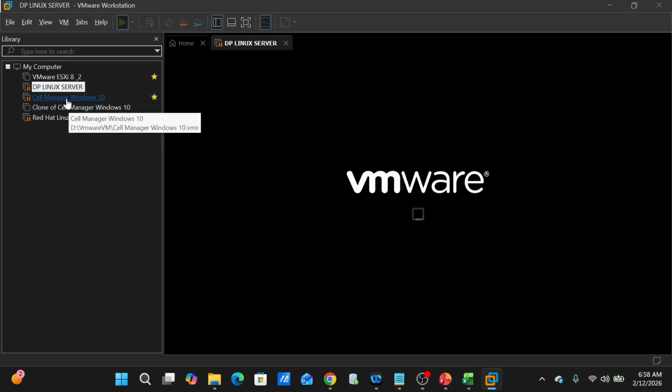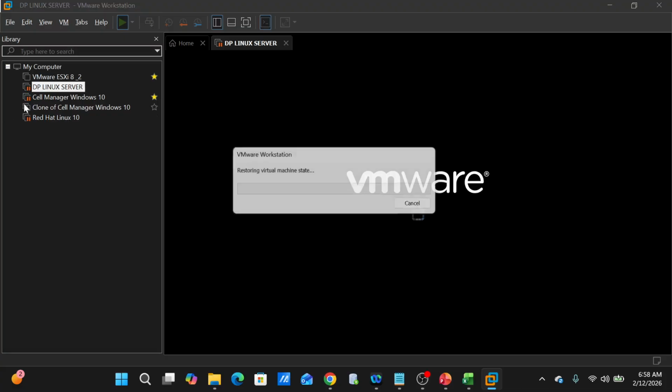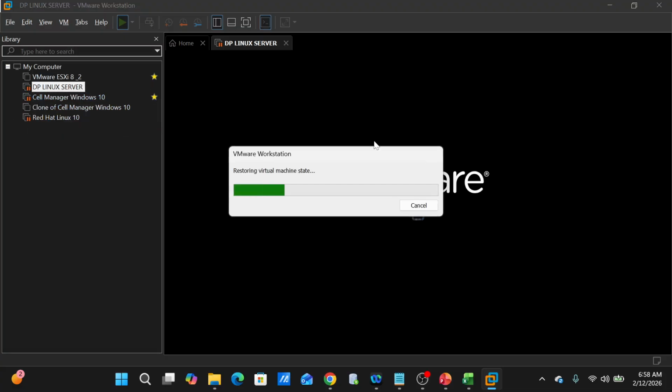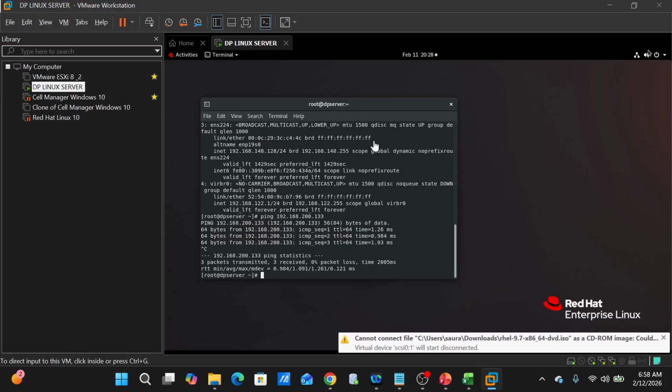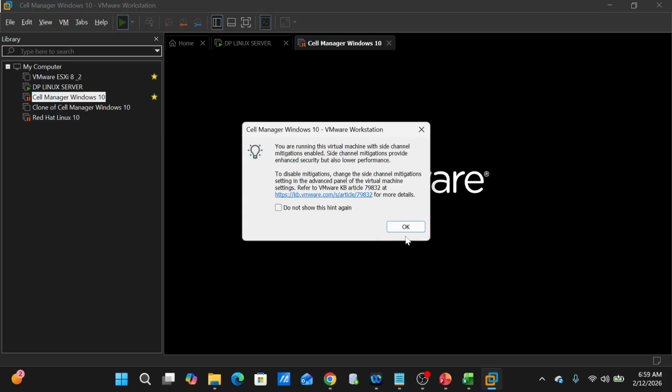Okay, so I have the Linux server. Also we will require a Windows server. This is only a demo. I am not going to high availability because I am showing you how you can install in a demo environment. But this is the same procedure you can follow for installing